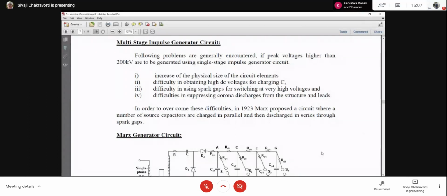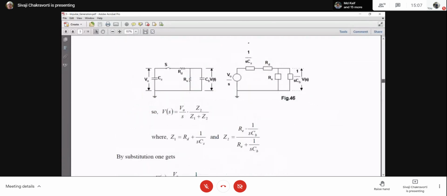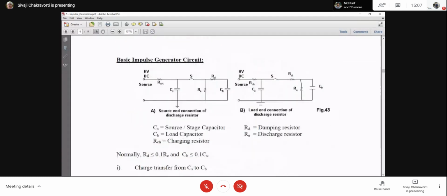Okay, very good. So now you remember that we were discussing the impulse generator circuit, which is what we have studied: there will be a condenser CS, and this CS will be charged from a high voltage DC source. For that there will be a charging resistor. Then there will be a